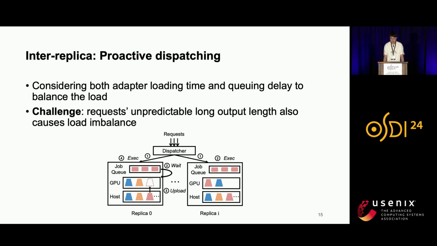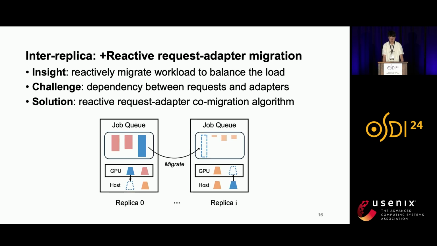However, even when considering these factors during dispatching, load imbalance among replicas can still occur. In the short term, due to the varying iteration rounds required by different requests and the difficulty of perfectly predicting them, some replicas might have requests executing quickly, resulting in a lighter load, while others might be heavily loaded. To address this issue, our key insight is the need to reactively migrate workloads based on the real-time load conditions